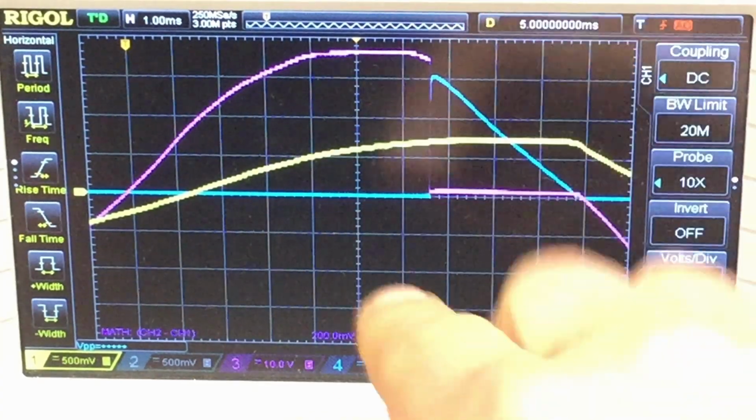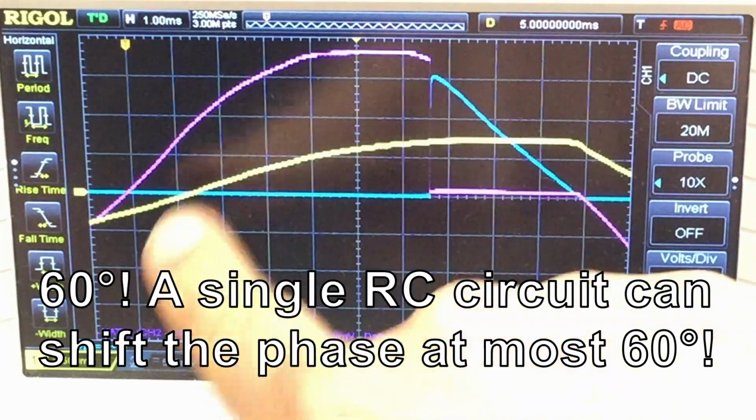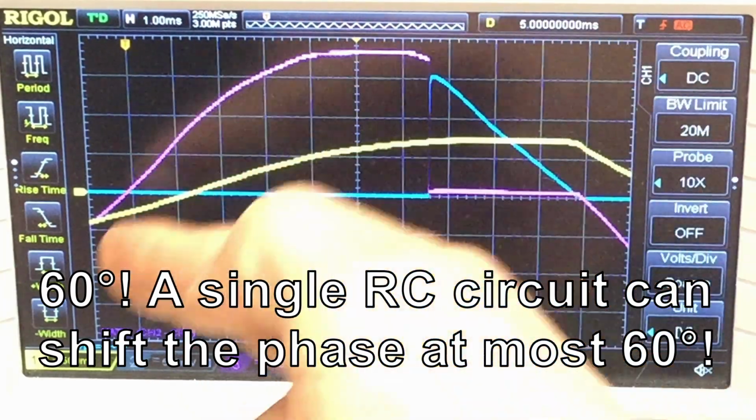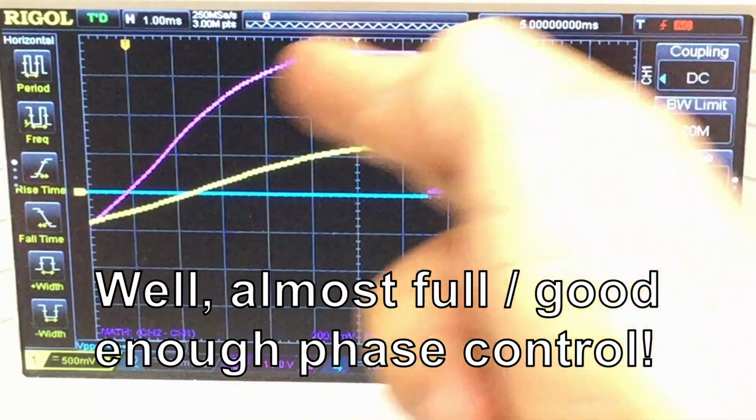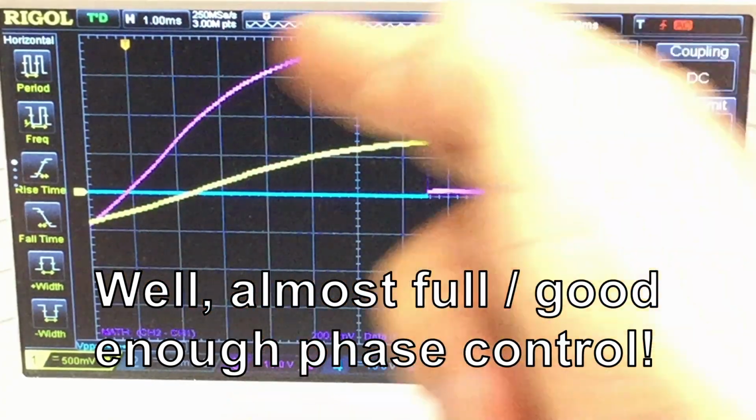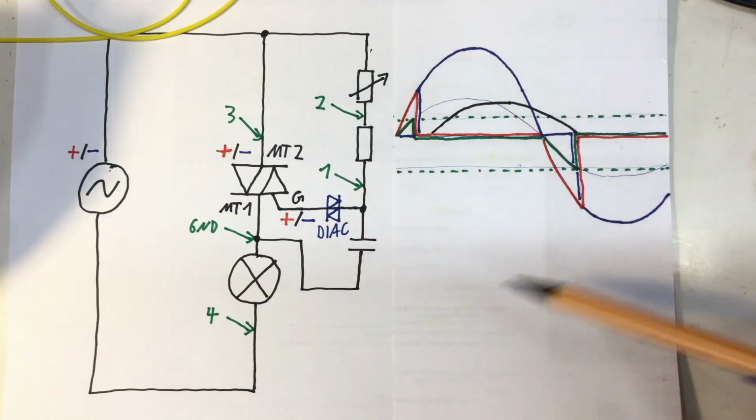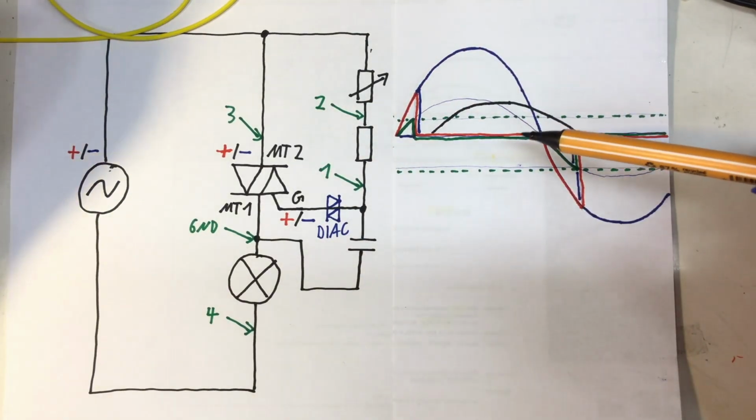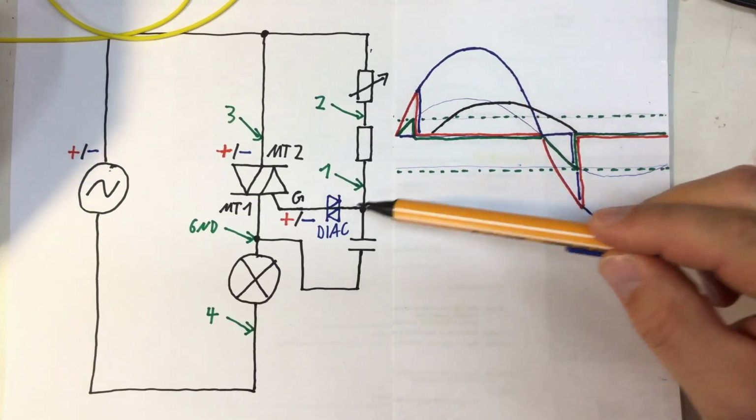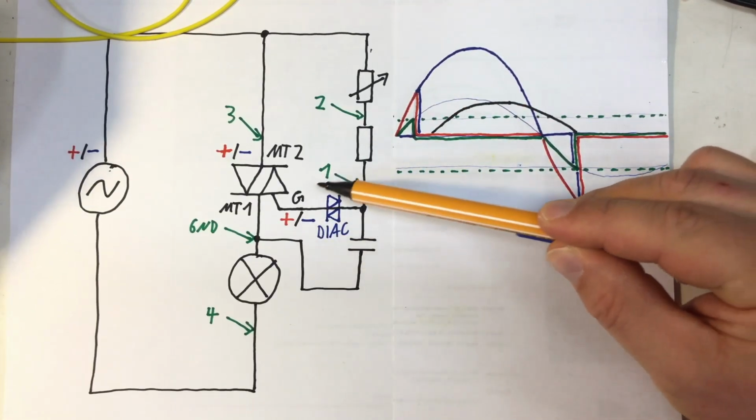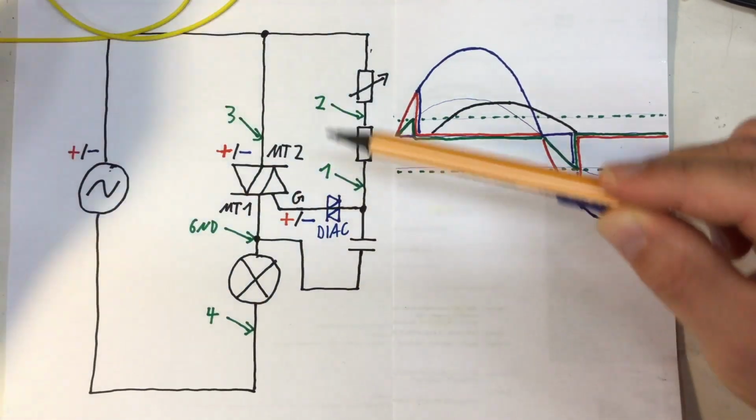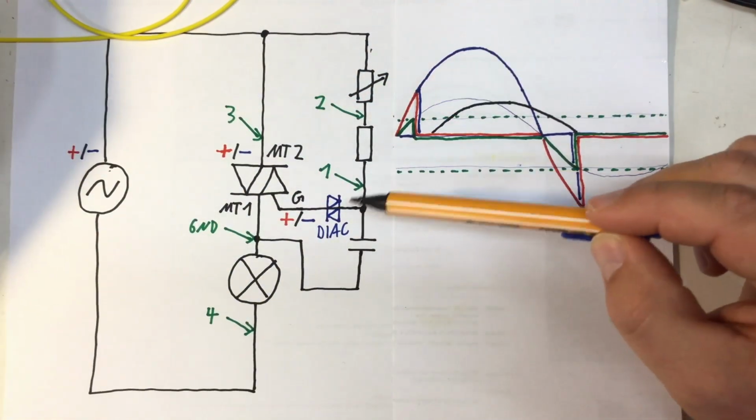I needed a bigger capacitor to fully shift that by 90 degrees, but then I would be able to exert a full phase control. So that phase shifting actually works in principle. And now we are only one additional part away from the most basic analog dimmer circuit,